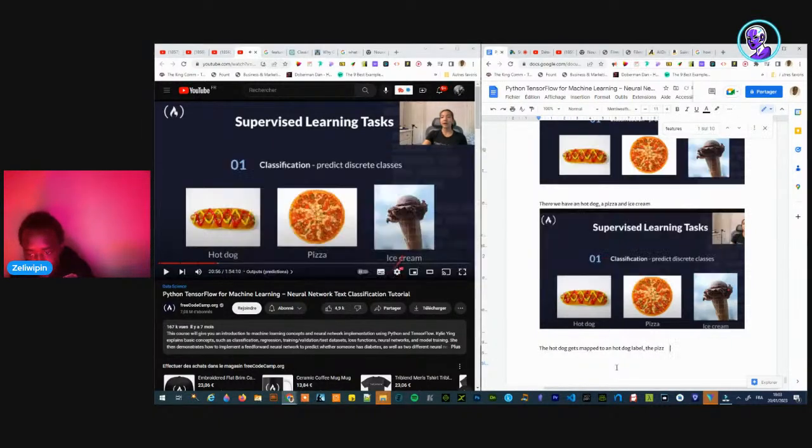The pizza gets mapped to a pizza label. The ice cream gets mapped to the ice cream label. Simple.